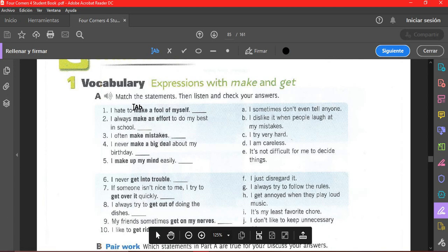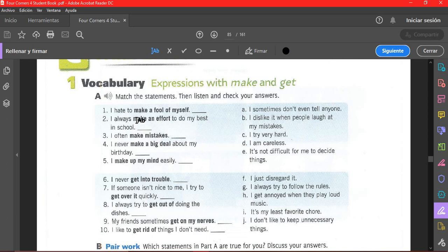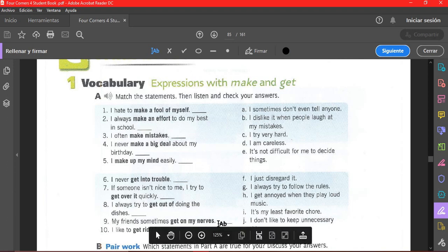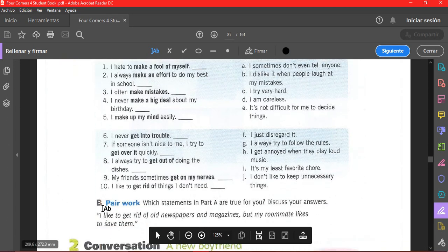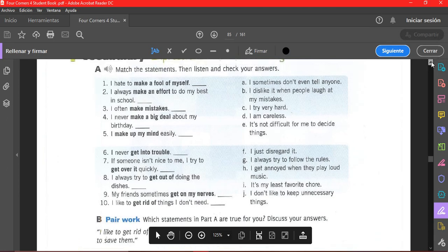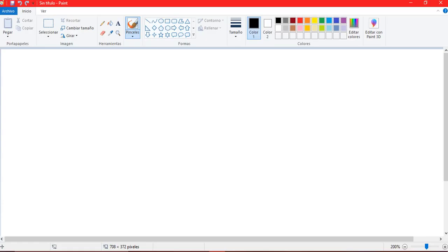What we need to do is to match this vocabulary, these expressions, with the corresponding definition we have in the column with the different letters like A, B, C. So we need to put the letters on the corresponding line. Also, we're going to do exercise B, which says: which statements in part A are true for you, and discuss your answers. So people, the first exercise today is